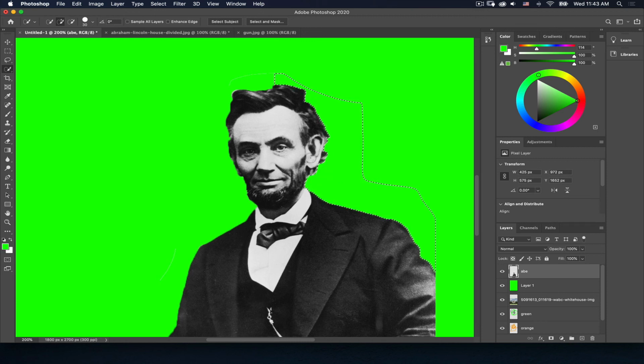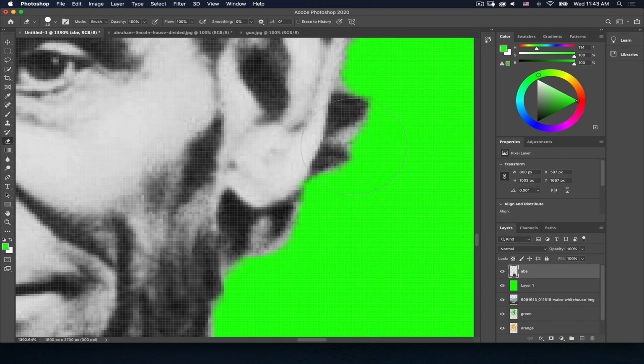Once again, I'll hit delete. Control or Command D to get rid of my selection. I got this faint ghost line around the edge, so I want to get rid of that. So I can go back to my eraser, make my eraser bigger using the square bracket key, and then I can clean up that edge. Now I can hold down Alt and scroll in, so that keeps me located where I want to be. Shrink my eraser tool down, so it's going to be more effective for trimming around the hair